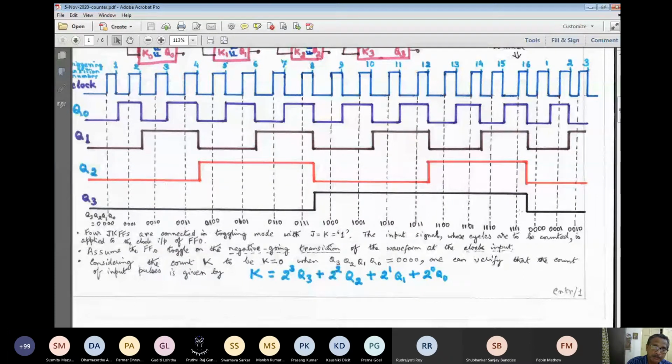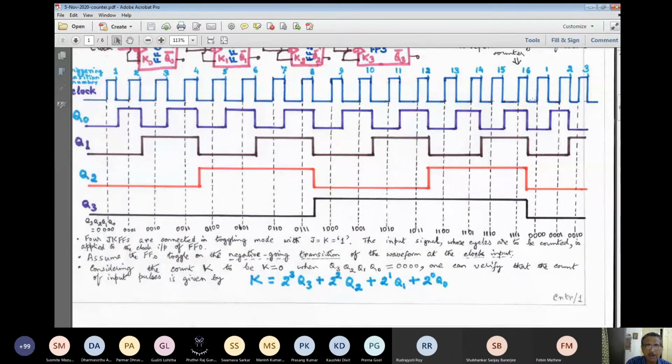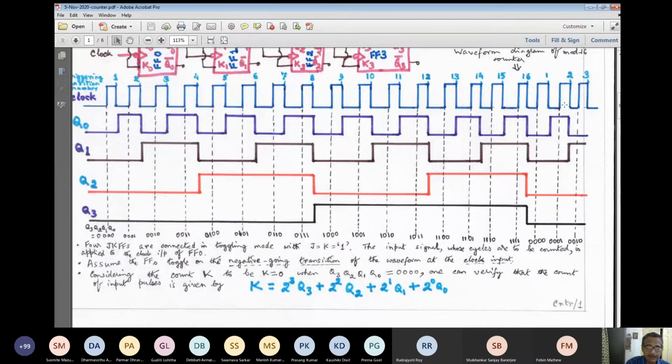This will put a strain on the frequency to which you can subject the circuit. What can be the maximum frequency of this clock such that the circuit still goes through all the states? This particular transition gives us the worst case propagation delay. When the counter goes from 0000 to 0001, only 20 nanoseconds of delay is encountered, but here you have to encounter a delay of 80 nanoseconds. So the requirement is maximum here.